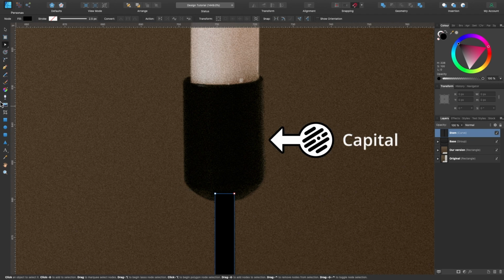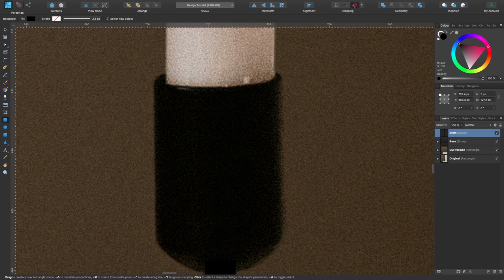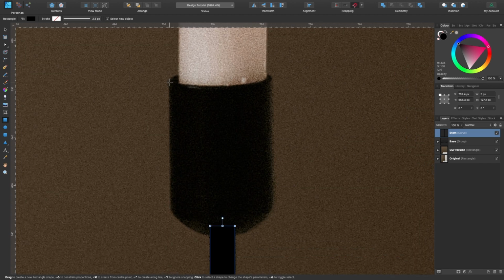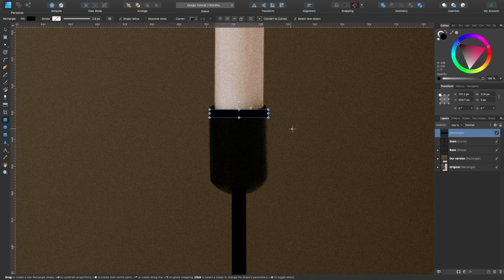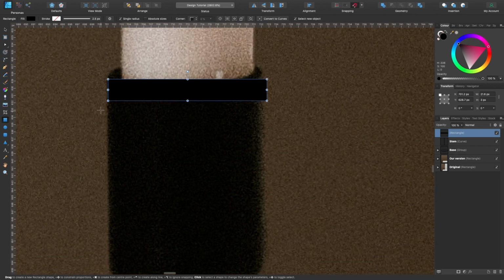Okay, this next bit, let's grab the rectangle tool, click on that, zoom in, choose a point kind of up here, click and drag it out. Doesn't have to be perfect at this point. Let go, and let's just drag it out to where we think it ends, because this is a slight reflection of the room, the light from the wall. You see it's a bit brown there, and I'll do the same with this side as well.